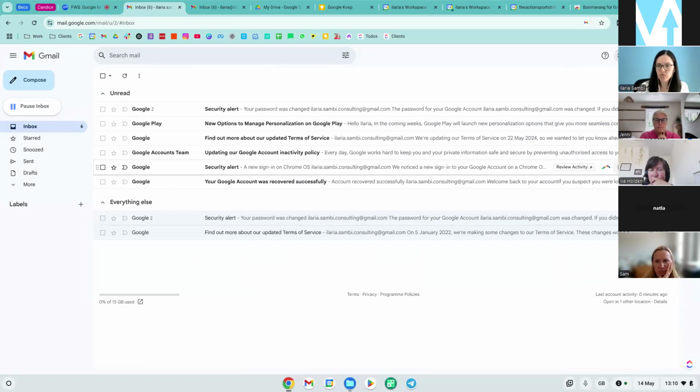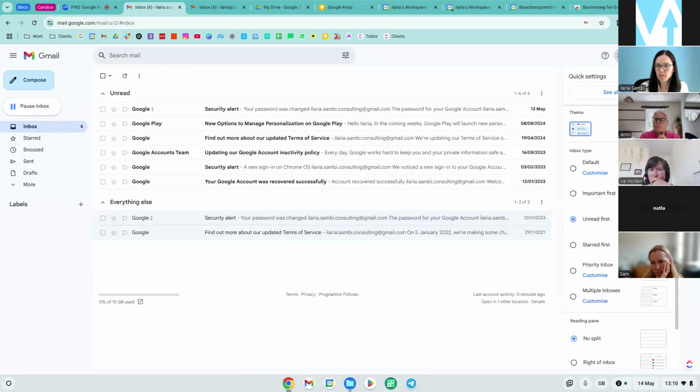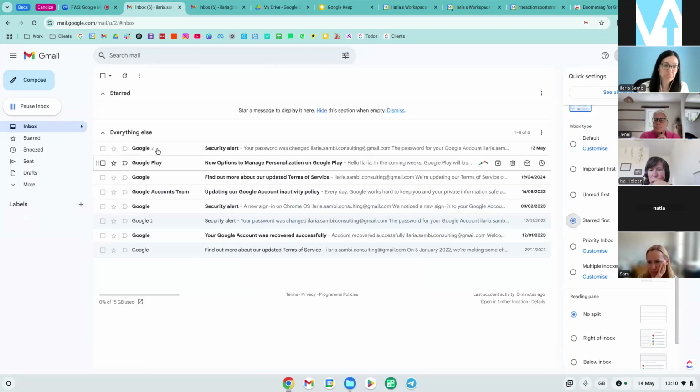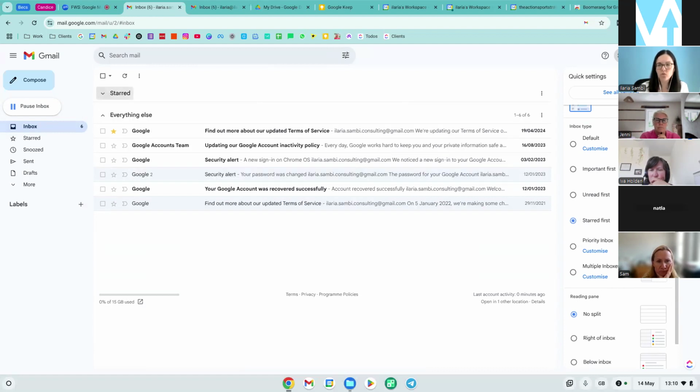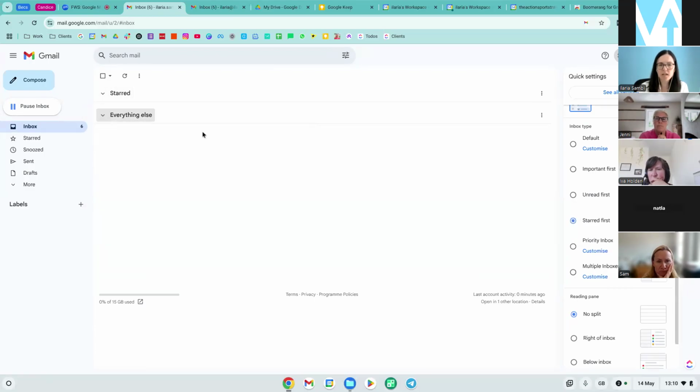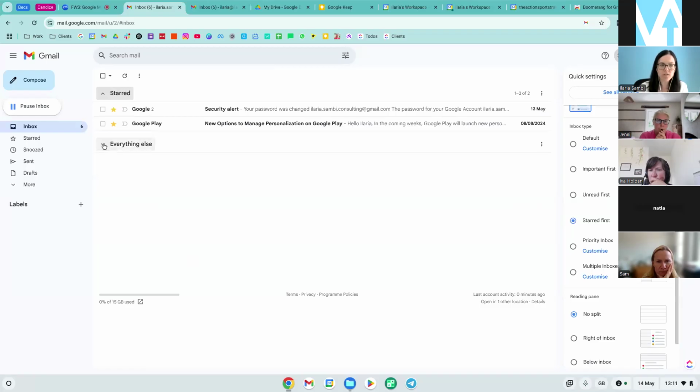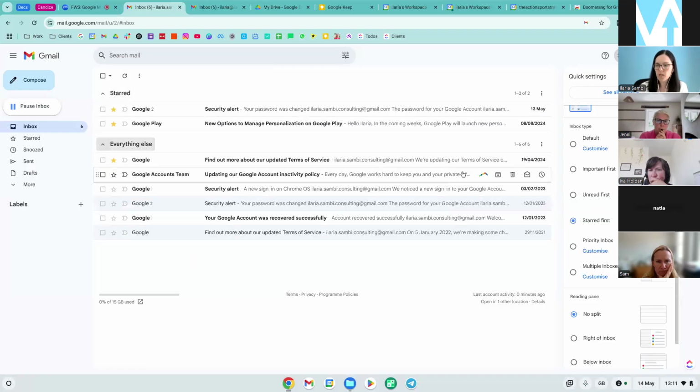Then another option of inbox type, again, we're clicking here and we've got starred first. Another option that is nice is similar to the important first. So if you put a star on an email, it goes into starred first. So you can say you don't want to know about the starred ones first, so you can cover them like that, so you know you will action them at some point. It's nice because you can pretend that you've got an inbox zero like this, but then when you have got the time and space, you can decide, okay, now I can action all the starred ones, and you can just see the starred ones.